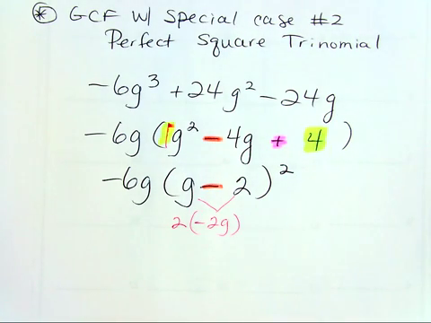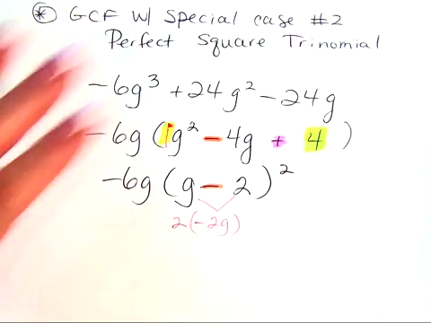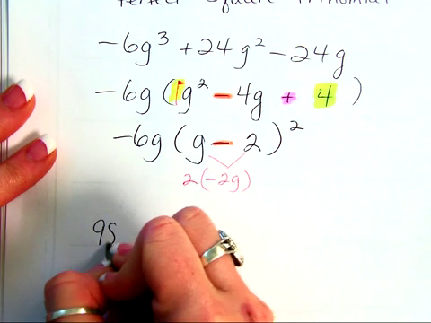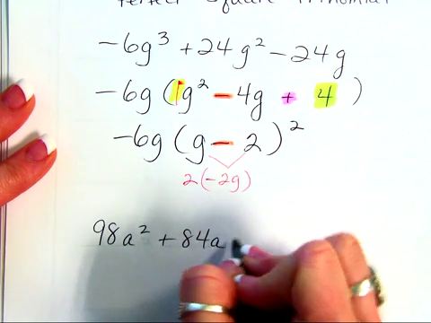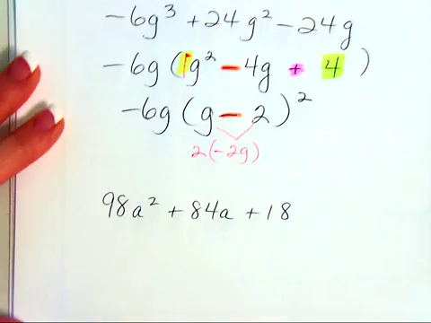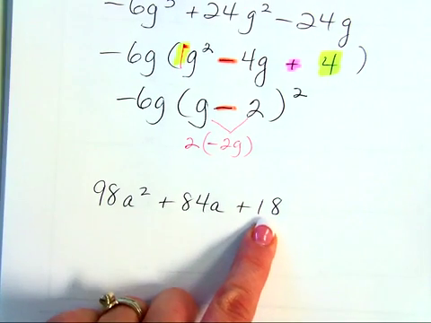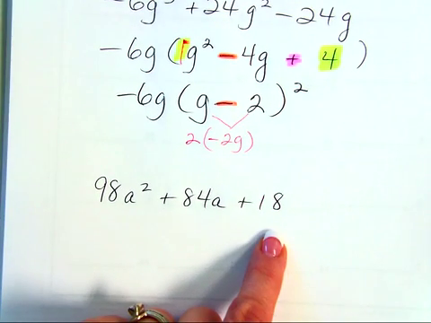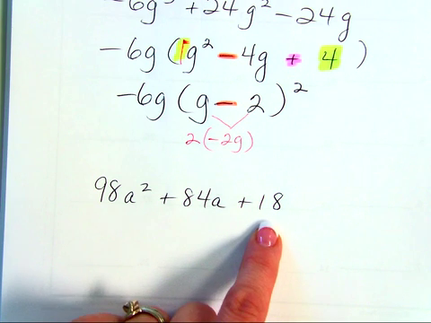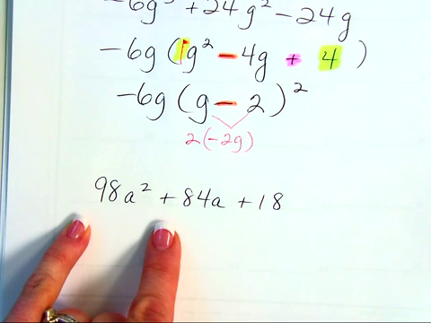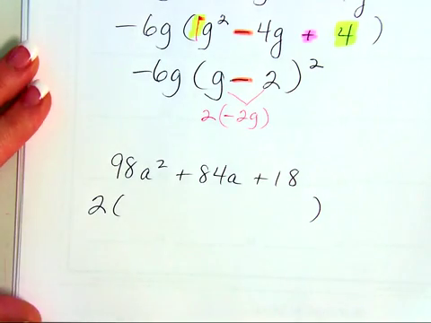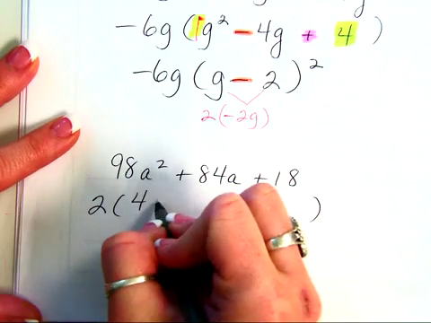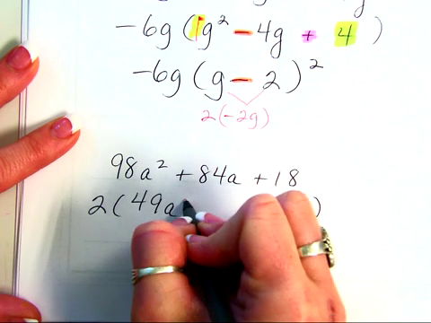Okay, I'm going to show you one more and then we'll get you started. So 98a squared plus 84a plus 18. Okay, so all the factors of 18, 6 goes into that, but it doesn't go into either of these. So we're just going to go with 2, okay? Which is easy. We're just cutting it in half, right? So that gives me 49a squared plus